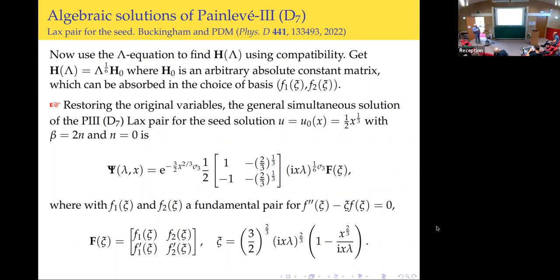And actually, given that this is multiplied on the right after this F matrix, which was a fundamental matrix for Airy's equation, it really means you could just absorb this into the choice of basis of your Airy functions. So really, this h of lambda is just a scalar, lambda to the power 1/6. Okay, so now we go back, take this formula that we got by these transformations, and we just go back to the original variables of the problem, which was little x and little lambda. So now we find that the